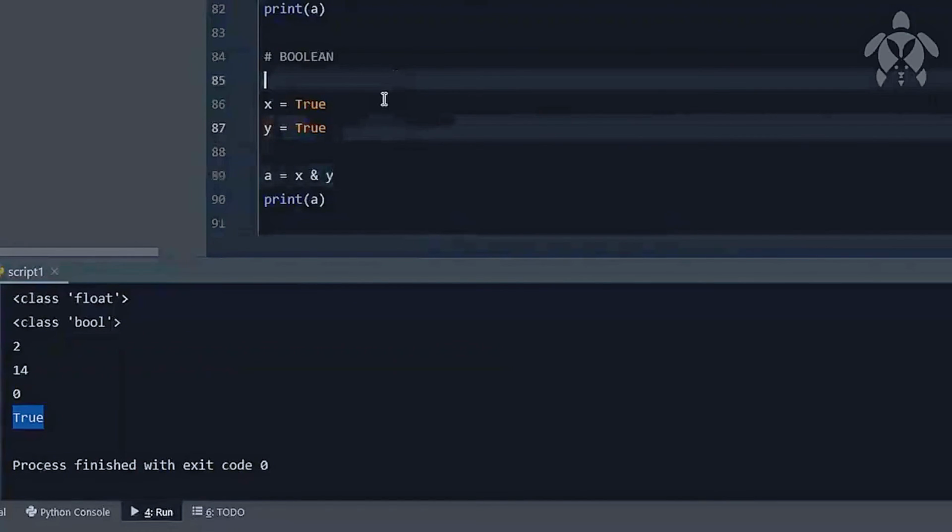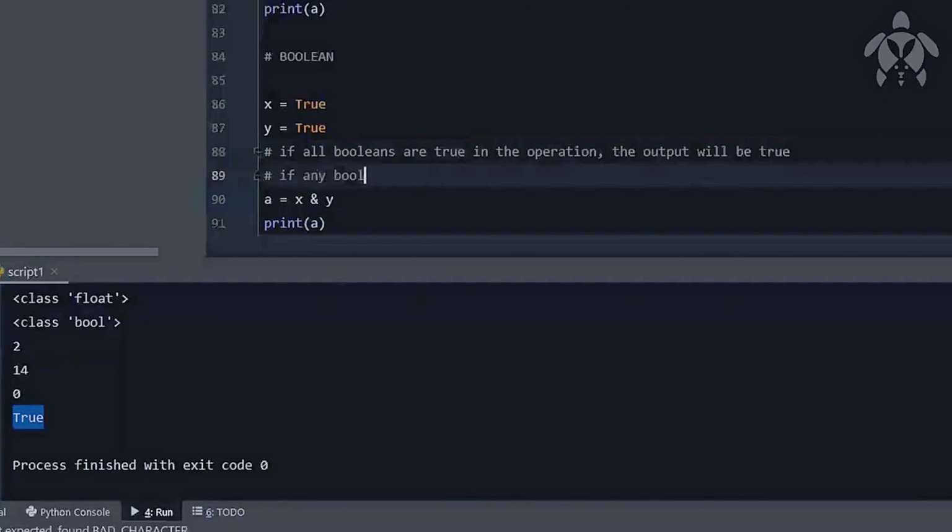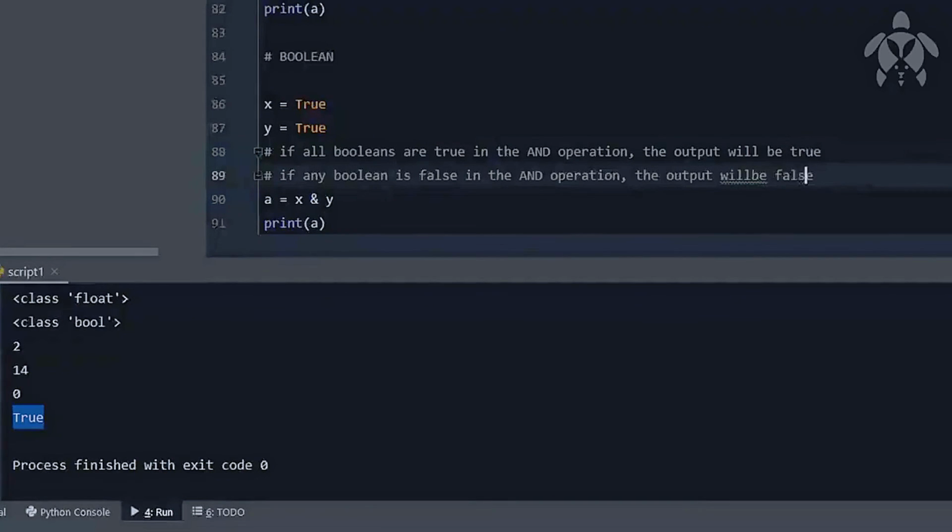Or we can generalize: if all booleans are true in the AND operation, the output will be true. If any boolean is false in the AND operation, the output will be false, right?